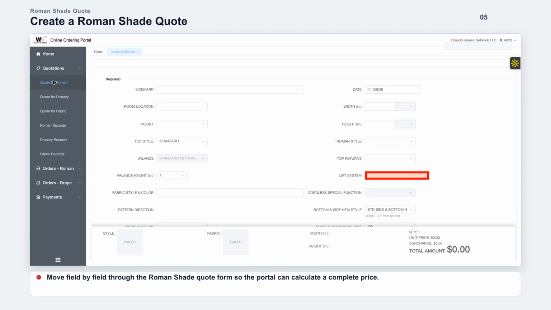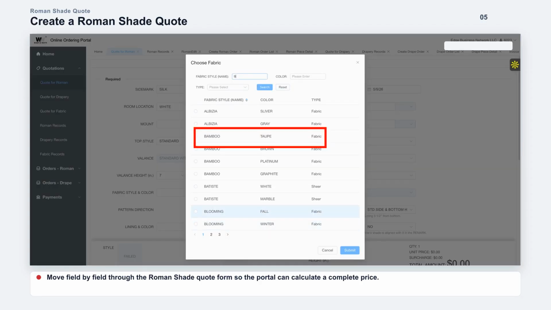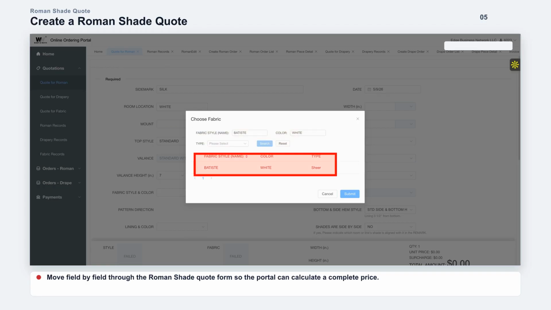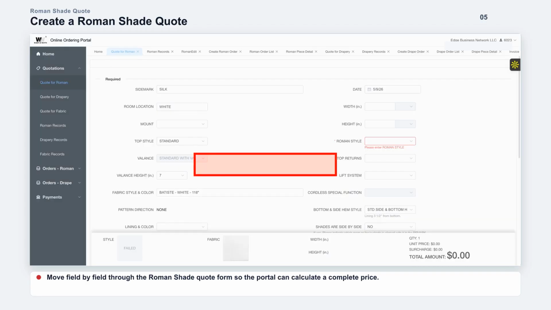Fabric style and color are central to the product. Use the fabric selector to choose the correct fabric pattern and color. When the selector opens, use keyword filtering before selecting a row. Enter a fabric family, pattern name, or partial keyword in fabric style name. Then enter a color keyword in color when the customer has a specific color in mind. Click Search to narrow the list, review the matching row, select the correct fabric, and submit it back to the